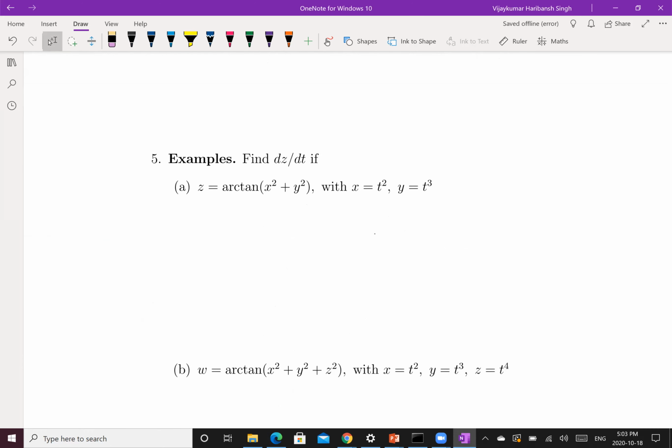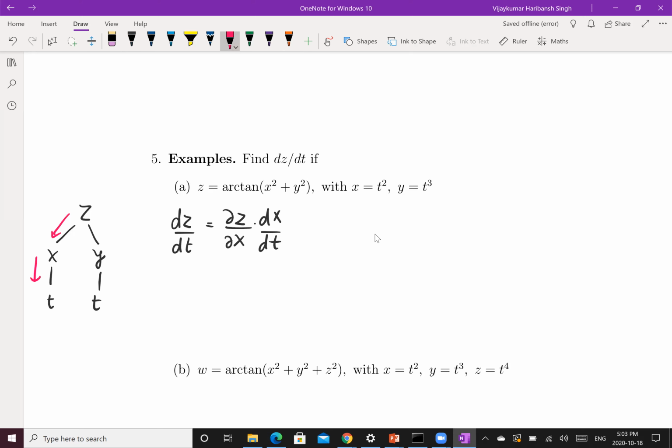So we have z equals arctan of x squared plus y squared, with x equals t squared, y equals t cubed. Again, I'll write the tree, it helps me out. So I have z as a function of x and y, and these are functions of t. So let me write down dz by dt: it is the partial derivative of z with respect to x times dx by dt. So I went along this path all the way to t,